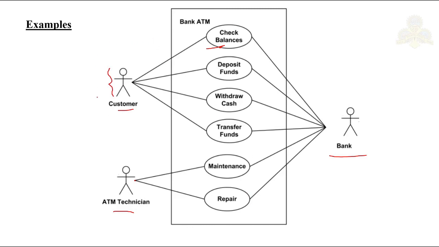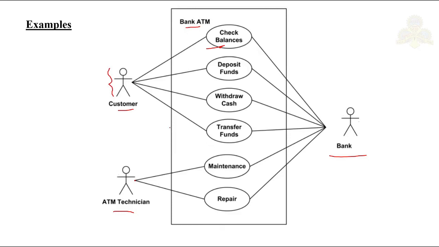Getting it? So whenever you draw a use case, there should be actors. Actors should be represented as stick figures. Then we have the entire system, which has to be represented in a box like this. Inside the box, we should have the actual use cases or functionalities, represented in ovals. You have to compulsorily name the actors, the functionalities or use cases, and the system as well. Getting it? So this is an example of a simple use case.